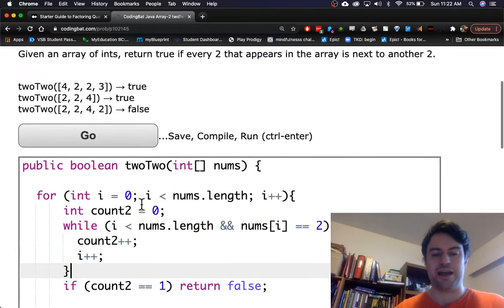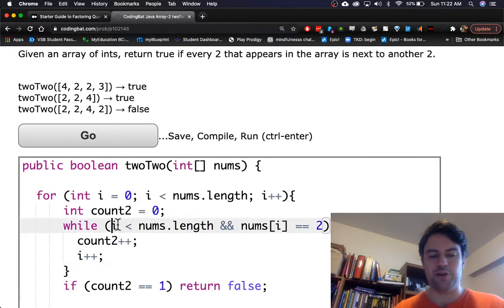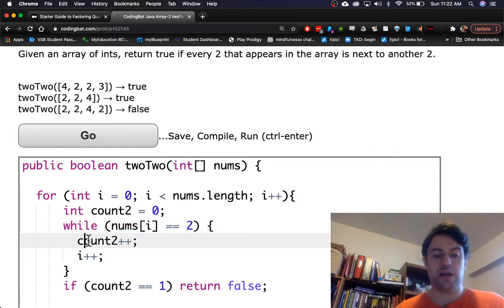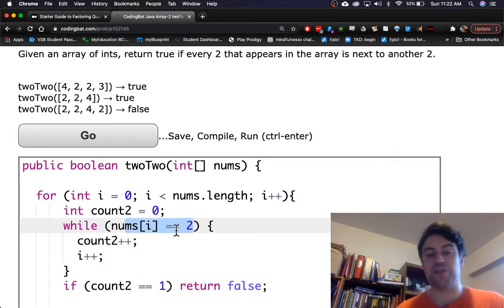So basically, I have a while loop. I'll just remove this for a second. I just say while I have a 2, I'll count the 2 and I'll move forward, and then I keep on doing it as long as I find 2's. So I find a 2 here. Great, that means I've initiated my while loop. That's true. So then it will count to 2 and then go forward. Oh, cool, we found a 2. So we're going to while loop, move forward, right? We'll count 2, become 2, and then it moves forward. So that while loop drives us through